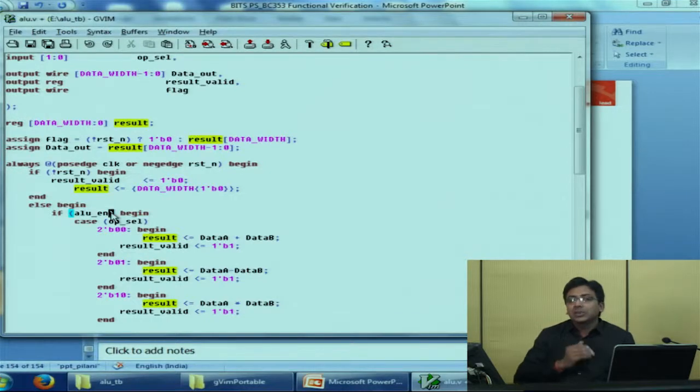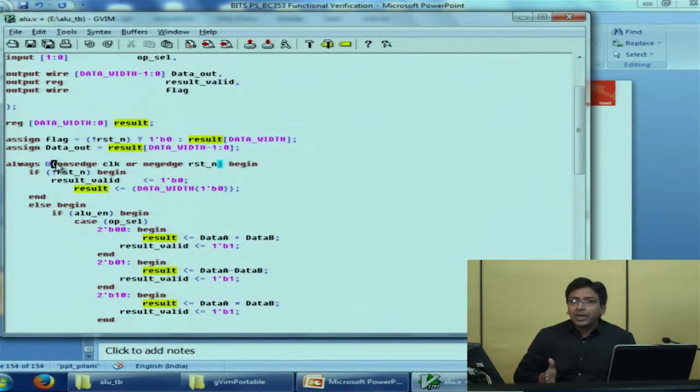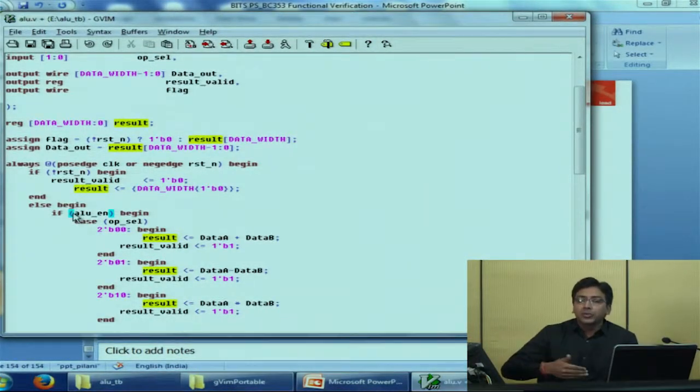Now let's say during the simulation, it has so happened that there is no operation for, let's say, 10 clock cycles. So the DUT will keep coming here because the passage of clock is coming. The clock is ever running, and the passage of clock comes at the designated frequency. But since the ALU enable is not high, that means the DUT has not been asked to perform any operation. It just keeps rotating here, keeps coming at the passage of clock, not doing anything, moving to the next passage. Like that it happens.